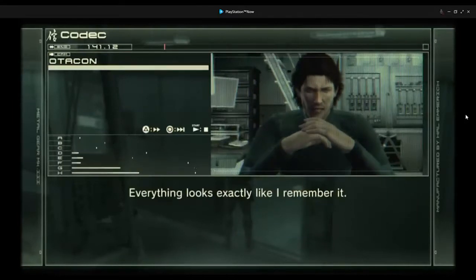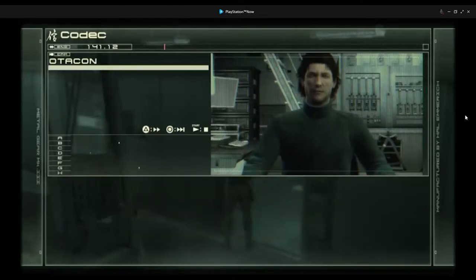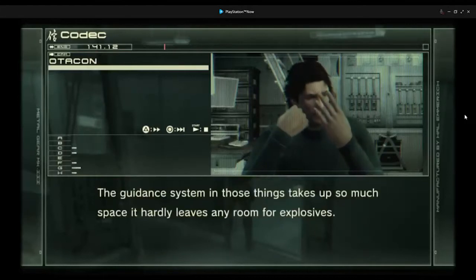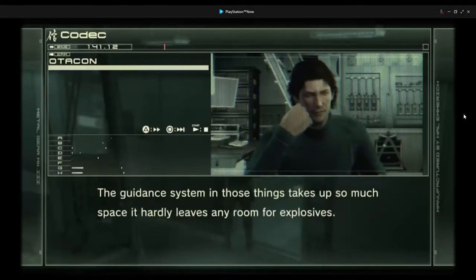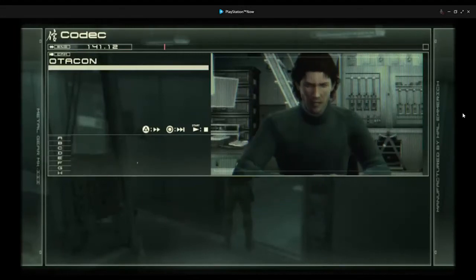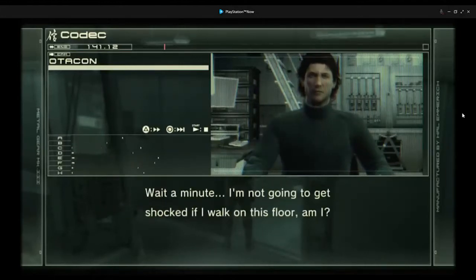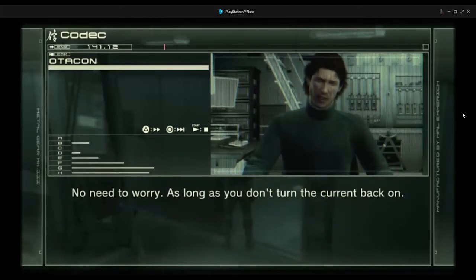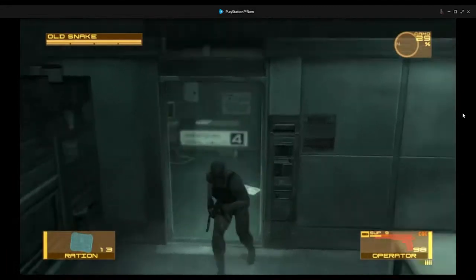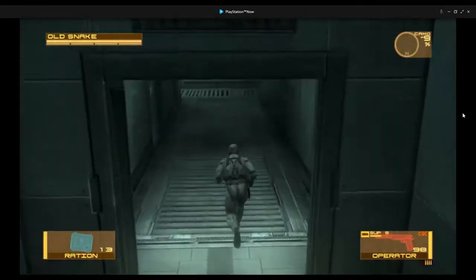Everything looks exactly like I remember it. Except for that wall way in back, anyway. I still can't believe how much damage you caused in such a small space. The switchboard. Nailed it with a remote control missile to shut down the electric current in the floor. The guidance system in those things takes up so much space, it hardly leaves any room for explosives. Didn't make much of a bang, huh? Hardly. Switchboard's still intact. You're right. The wiring past the switch circuits could still be live. Wait a minute. I'm not gonna get shocked if I walk on this floor, am I? No need to worry. As long as you don't turn the current back on. But if you do this,